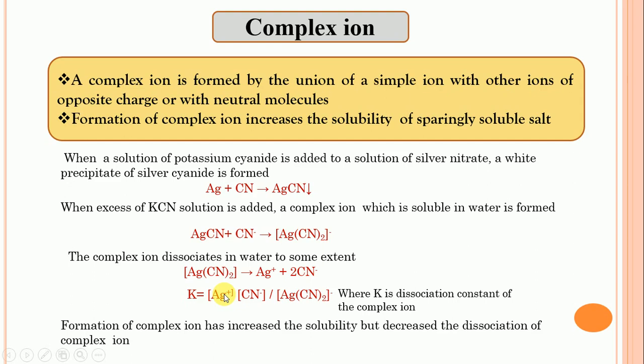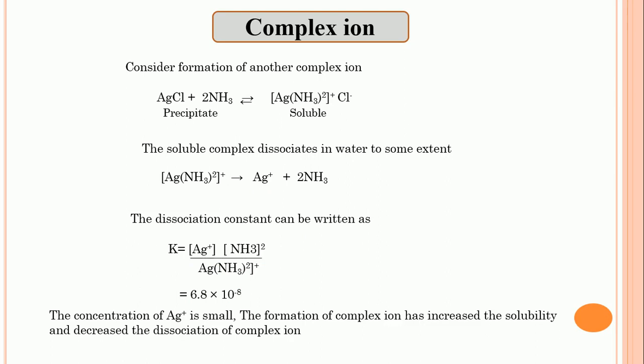So we can define this statement by using this equation. So this is the first example for the complex ion. When complex ion is formed, then initially a simple precipitate is formed, and when excess of KCl is added, then complex ion is formed, and the complex ion formation increases the solubility and decreases the dissociation. Now see a different example,